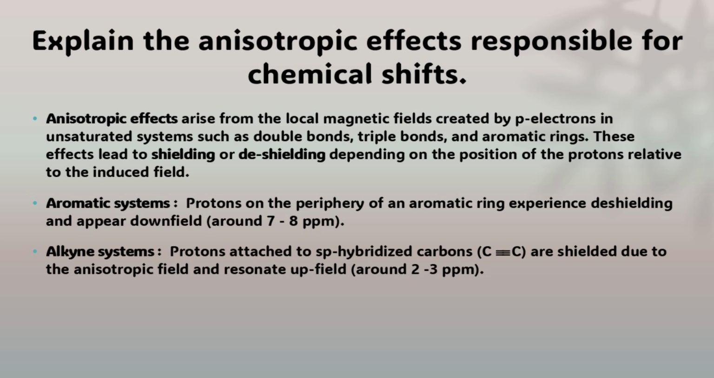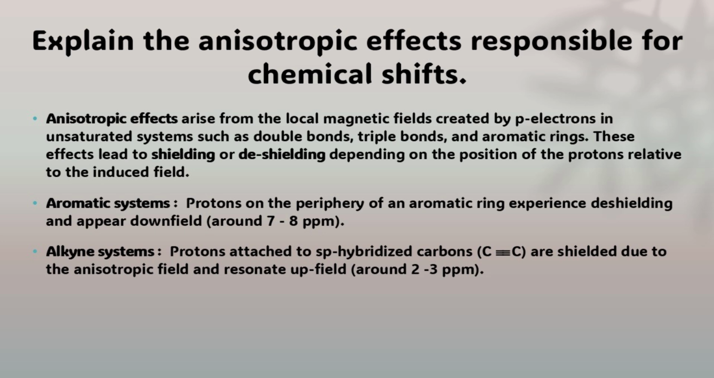The next question is question number 45. Explain anisotropic effects responsible for chemical shifts. Anisotropic effects arise from the local magnetic fields created by p electrons in unsaturated systems such as double bonds, triple bonds, and aromatic rings. These effects lead to shielding or deshielding depending on the position of the protons relative to